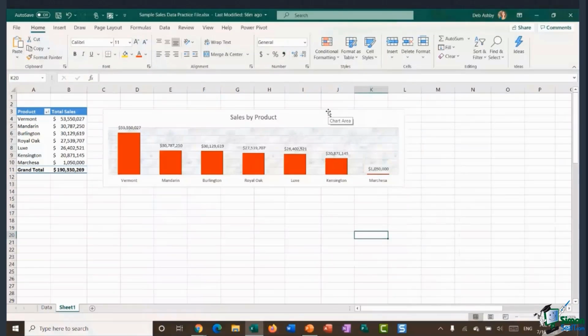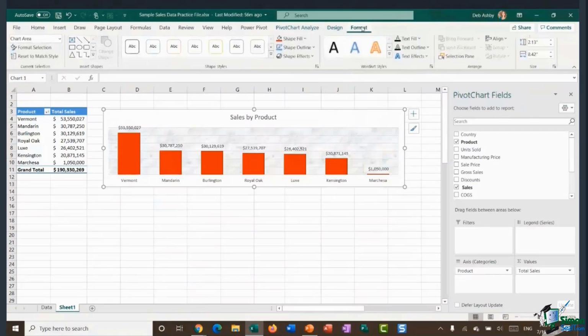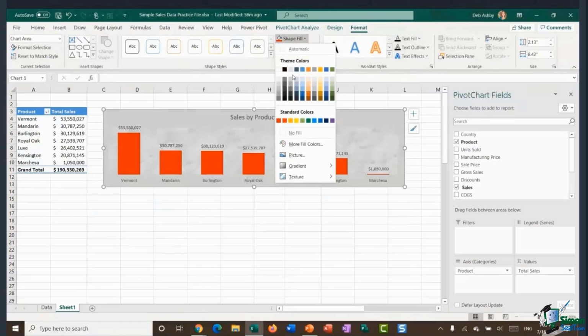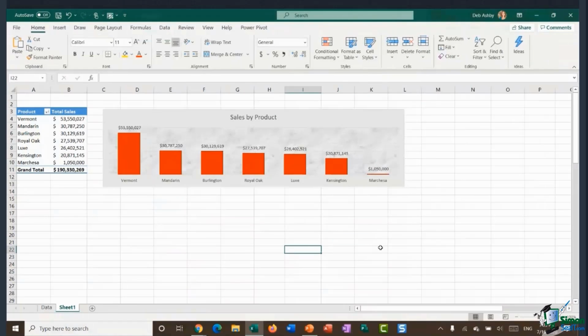I then might decide that I want to actually change this chart area background, go up to Format, Shape Fill, and I'm going to give that just a light grey colour just there. So slightly more interesting to look at than it was at the beginning. Now, you could go to town with this. I'm not going to linger too much longer on chart formatting, but in case you haven't seen these used in